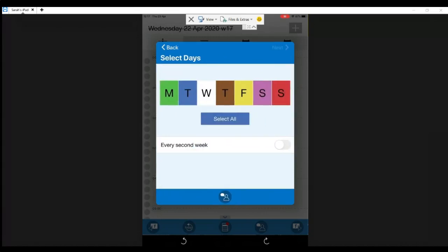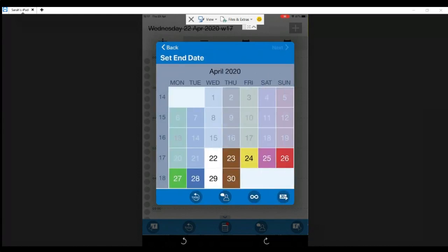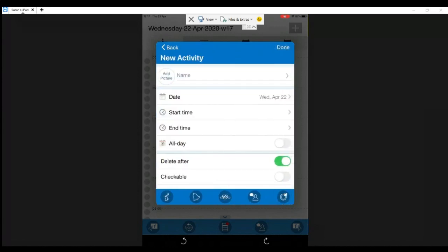And you can choose which days you need it to be on. Really good if you're setting up for college users or school users, there's an option to do every second week. Quite often with school and colleges, they have a 2-week rota, so you've got that option as well. You choose an end date or no end date in this instance, and then to finish adding your activity,